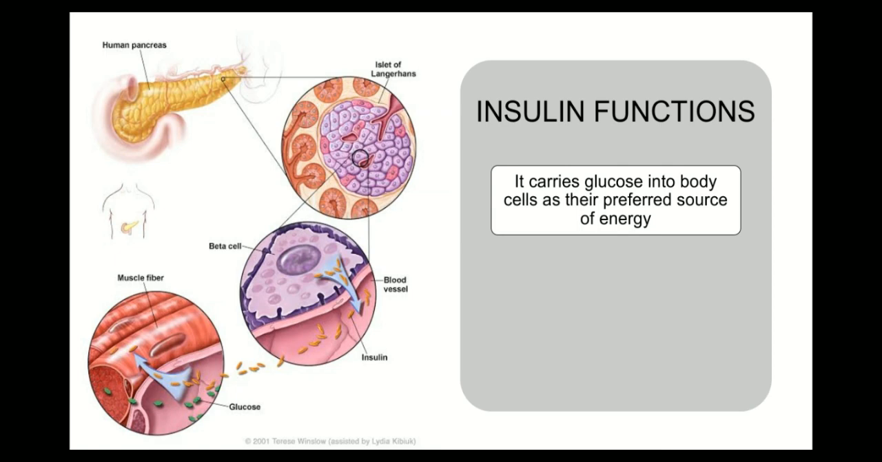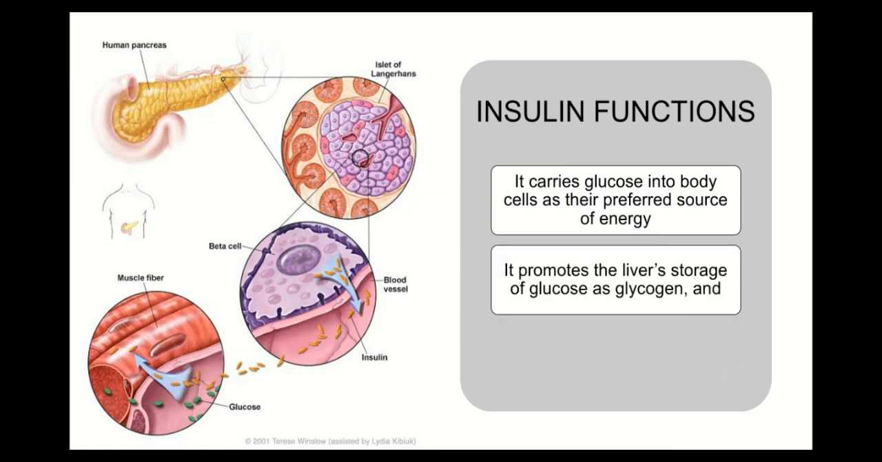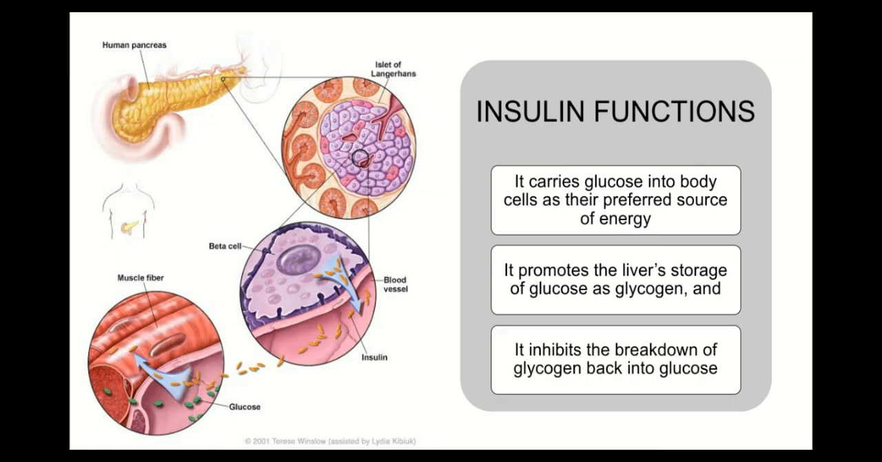First, it carries glucose inside the body cells, because glucose is the preferred source of energy of our body. Next, it promotes the liver storage of glucose as glycogen, and lastly, it inhibits the breakdown of glycogen back into glucose. So in type 1